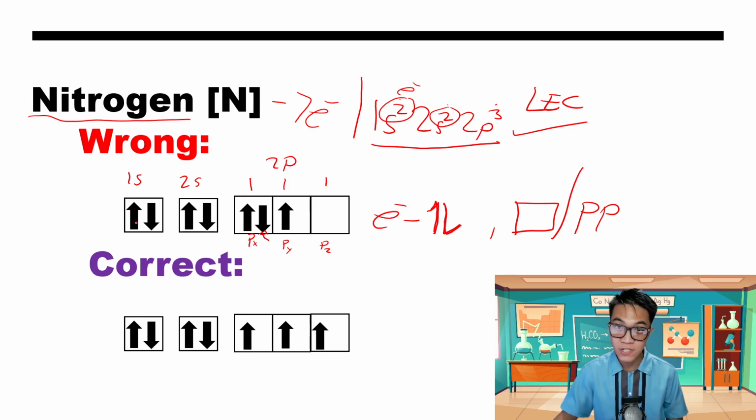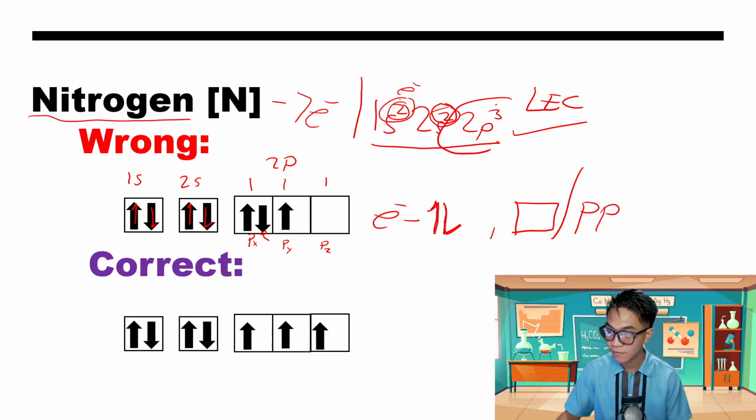For the 1s2, they have 2 electrons, as you can see here. So that is 1s1 and then 1s2, followed by the 2s2. So this will be the 2s1 and then 2s2. Then followed by the